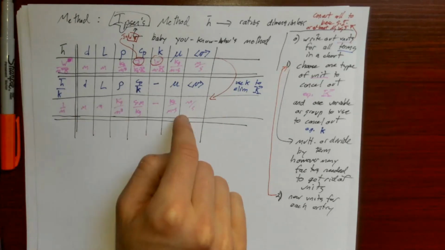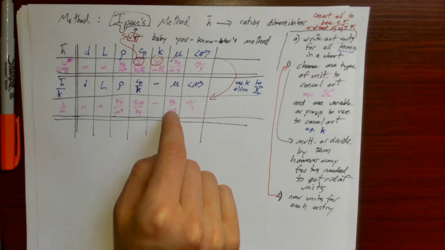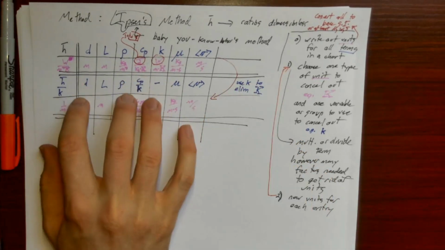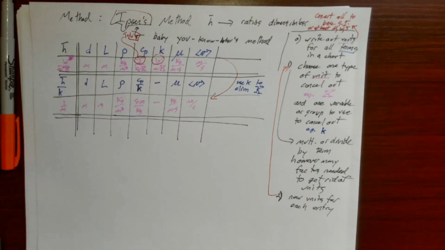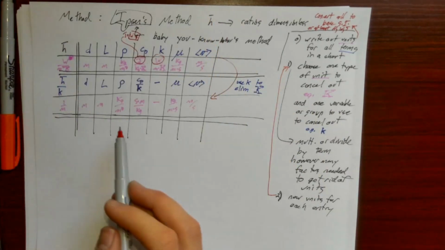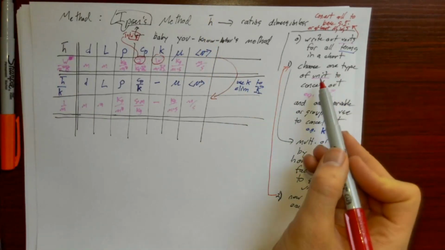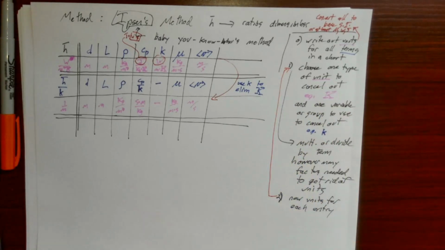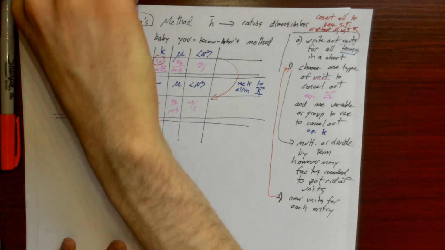This is essentially independent of whatever units I use for temperature. So, as of now, I've formulated ratios of things that basically eliminated whatever system I had for temperature. Now, the next step is I need to go back here and choose another type of unit to cancel out, and another type of variable to cancel out that type of unit. So what's that going to look like?